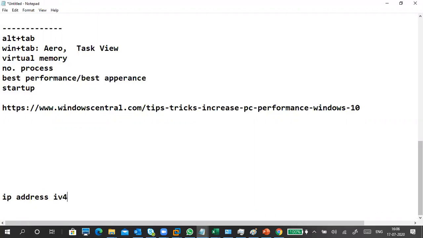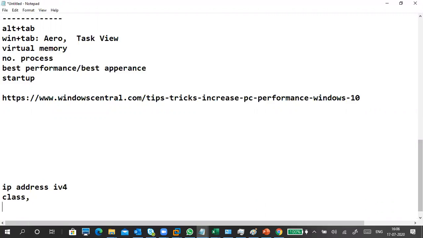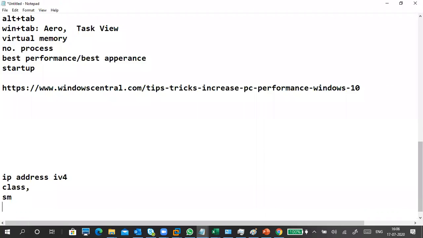Check the classes and the subnet masks. What are the subnet masks for each class? And make sure whether two IP addresses can communicate with each other or not.